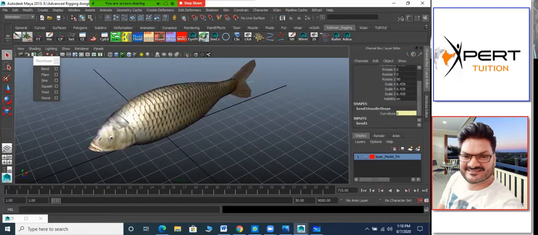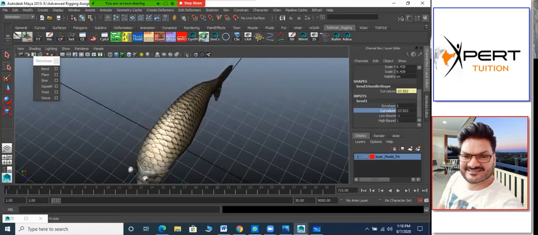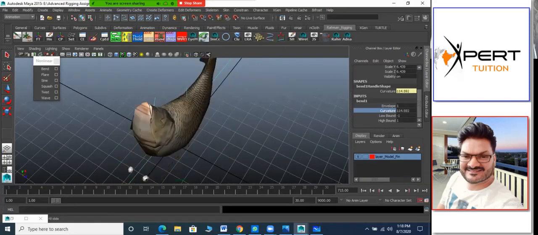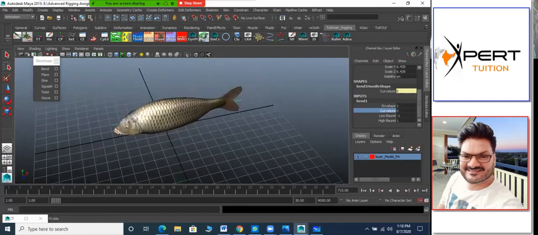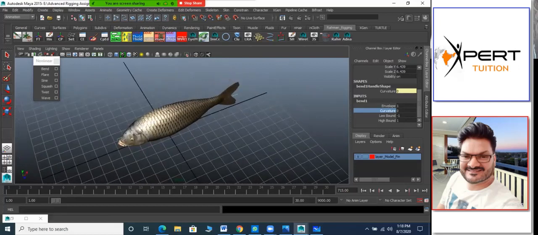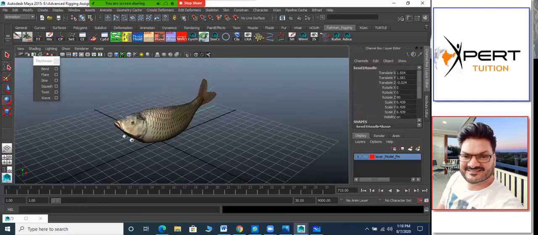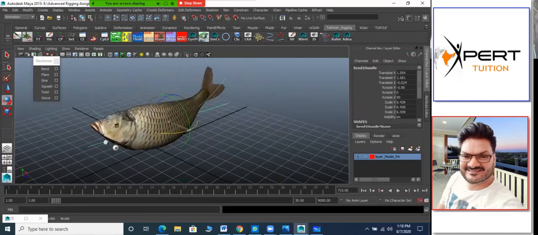Now we can see here the bend deformer. What we are going to animate here is the curvature part, right? So it's curving in this way. But in this direction it's not going to curve like that. If you want, you can create it. But I am more interested in sideways movement, right? So what we need to do is give a little bit of curvature value here, and then you can rotate it to understand, okay, it's going up, down. I want it sideways. So we can go here and rotate the deformer in this direction.